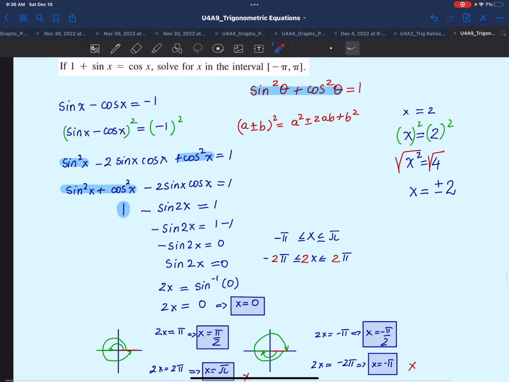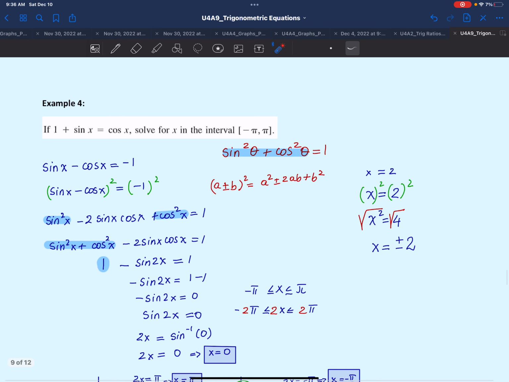So if you want to test your answers, what we want to do is substitute the solutions inside the equation, just like we test any answers. So if you substitute x by pi radians in here, then you will get 1 plus sine pi. So remember that sine pi would be 0, so that would be 1 equals the cosine of pi, and cosine of pi would be equal to negative 1, so 1 equals negative 1 will make no sense. The same thing happens to angle negative pi radians. So I hope